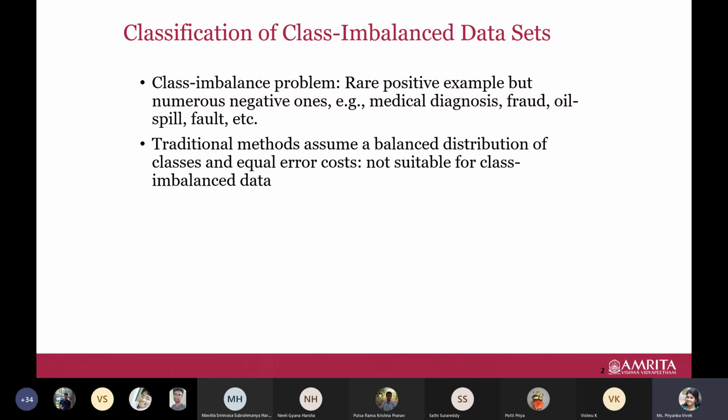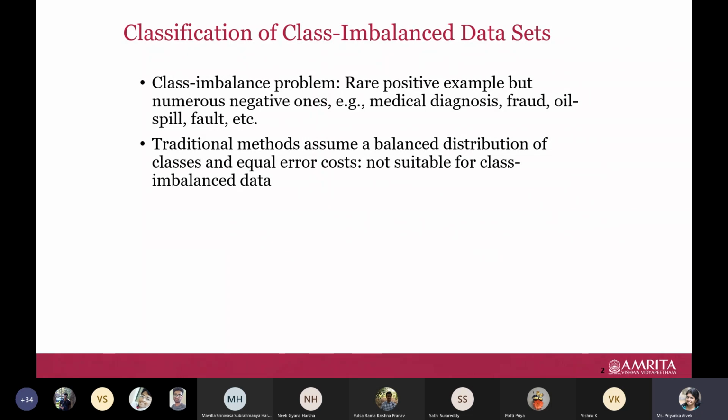In this case, if you consider the patients with cancer, we have only 100 samples, but the remaining 1900 samples are patients who do not have cancer. So our classes are having cancer and not having cancer, and we have a large number of samples in one class, whereas the other class does not. This is a binary, or two-class, classification problem. Even in multi-class classification, where we have multiple classes, we may have the same issue, where one of the classes has fewer samples. That is when we say we have an imbalanced data set.